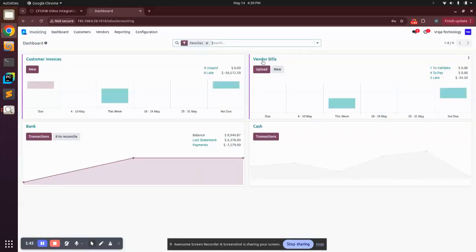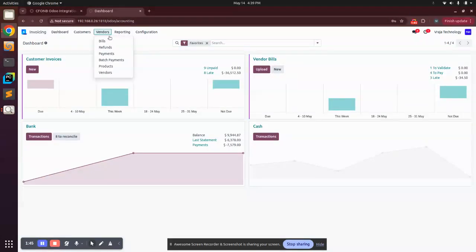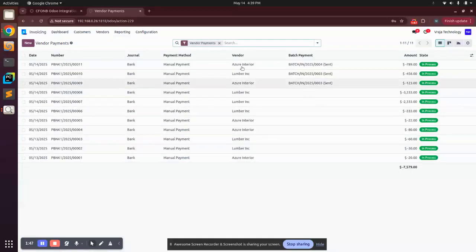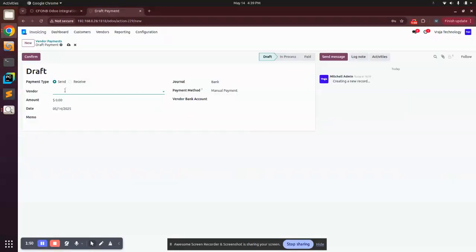Let's go to invoicing and go to the vendors. Here we will see the payment section as well. So now we will go to new. We will add the vendor over here. We will select the bank details. So bank details for 12 digit is to be selected. I have selected the same, as this vendor has two different banks.